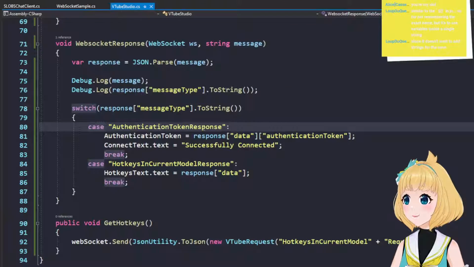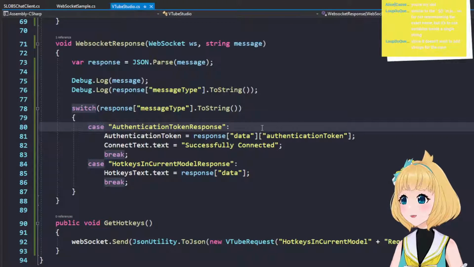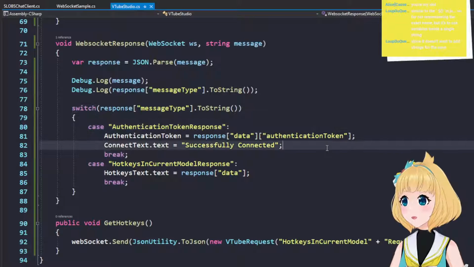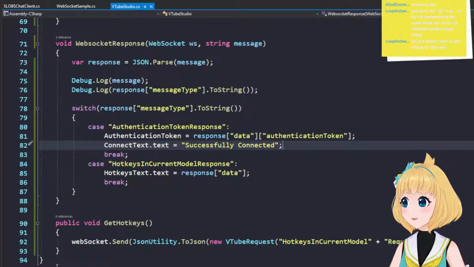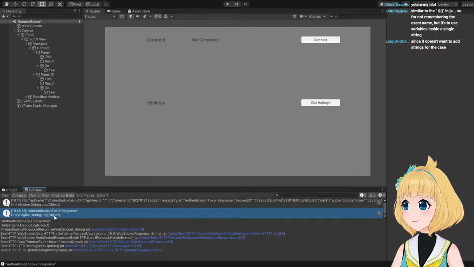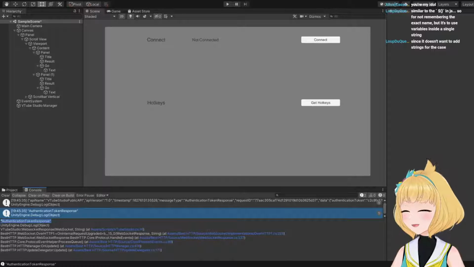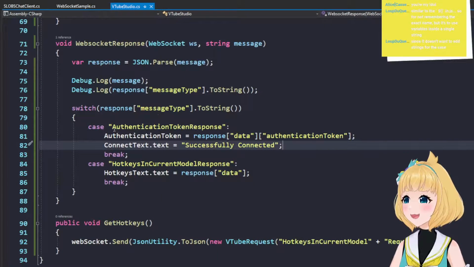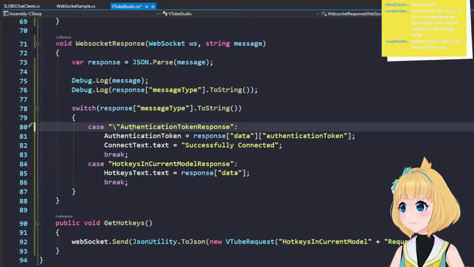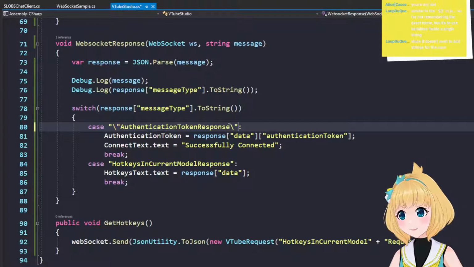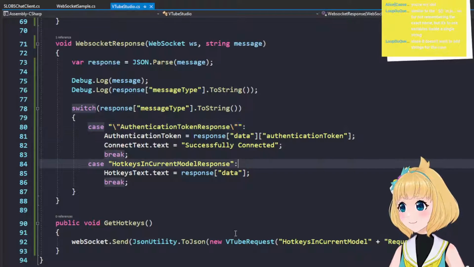I don't think that the concatenation of the strings was the issue. I think it's something else. I think it's adding parentheses. Let's see if that's true. I don't know if that's true. That's a little insane if it is, but